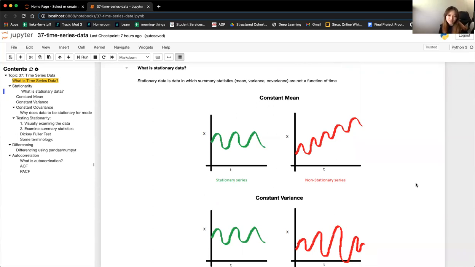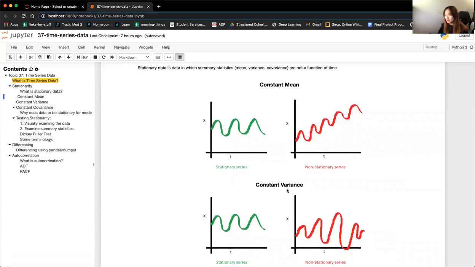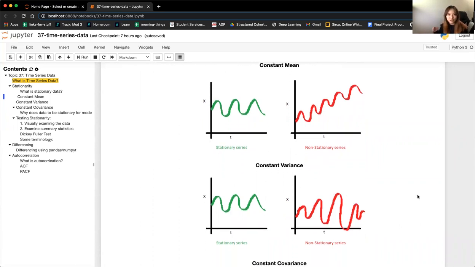Homoscedasticity just means constant variance as well. Reasons why we don't want to have heteroscedasticity, or non-constant variance, is because you have variable predictive power at different points of your data. So for example, if you have this non-stationary series and you build a model assuming that